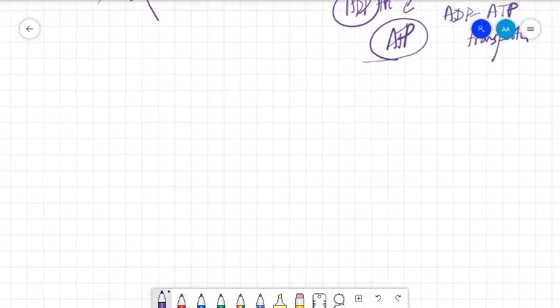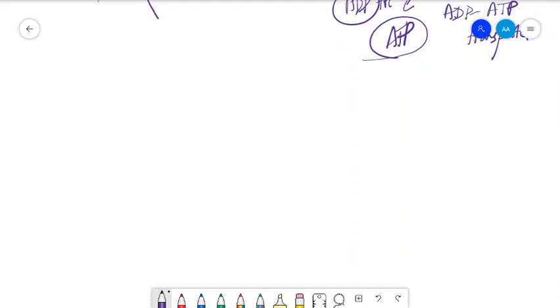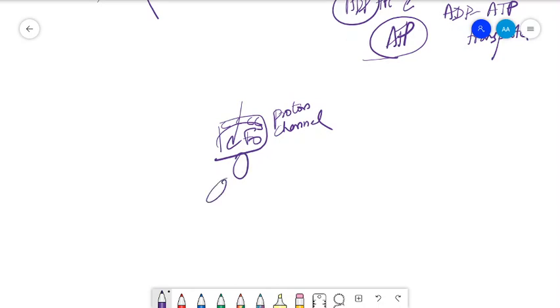So what exactly happens in the F1 subunit? This is the F0 unit, which has a c protein disc, which is a proton channel. And this is the F1 subunit. It has 3 alpha, 3 beta, gamma, epsilon, and delta subunits. The gamma unit acts as a bent axle. It rotates the beta subunits.